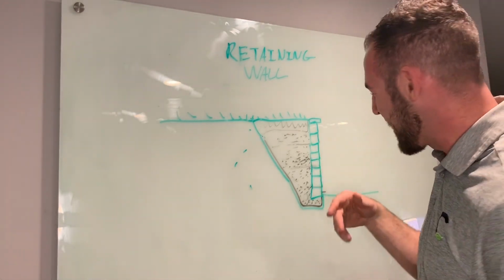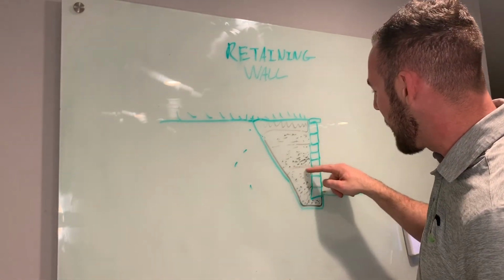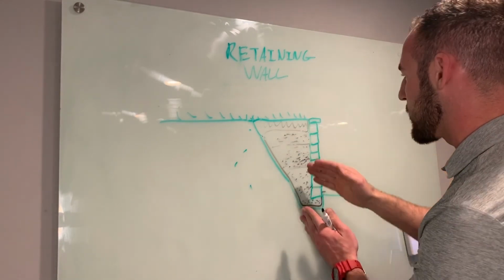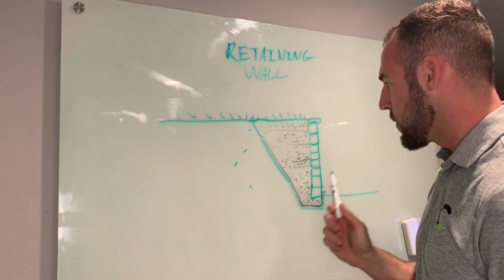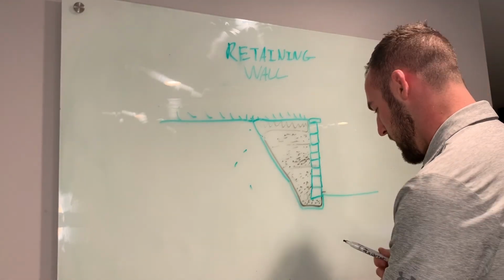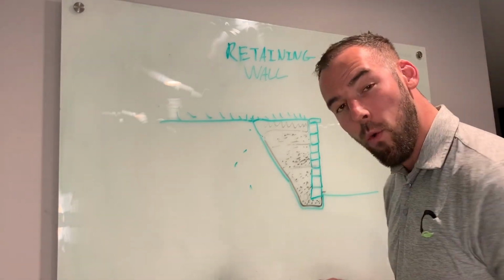Number two or three, whichever, we have the proper tiebacks. We have the proper drainage system. We have the proper fabric fold over. If we don't do those things, this wall will fail. And this is why our walls do not